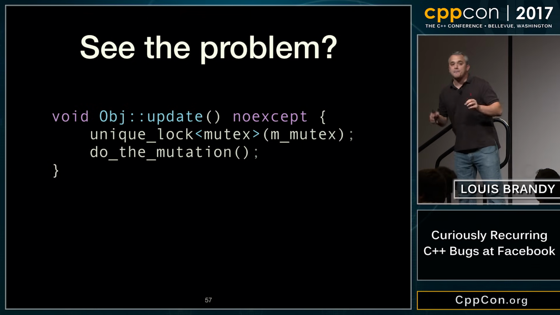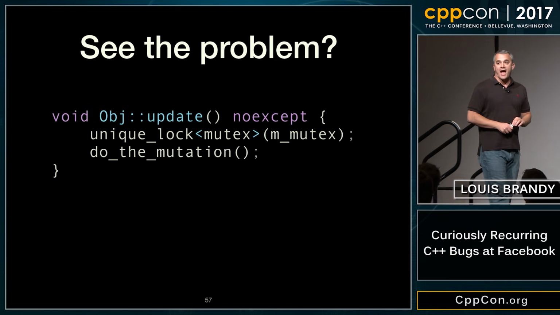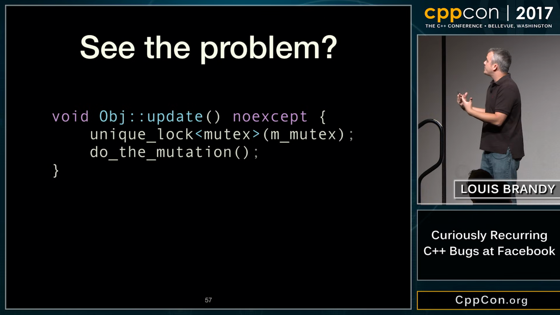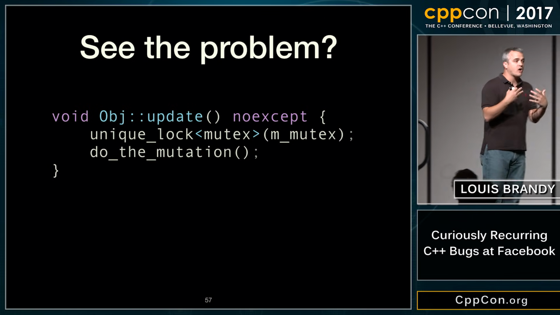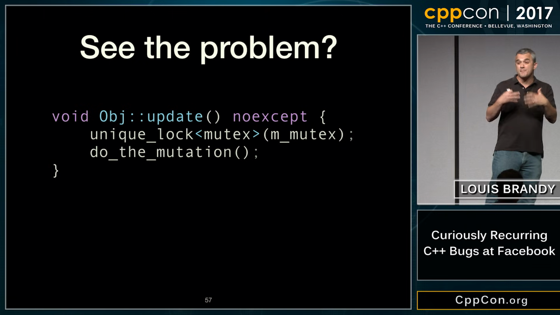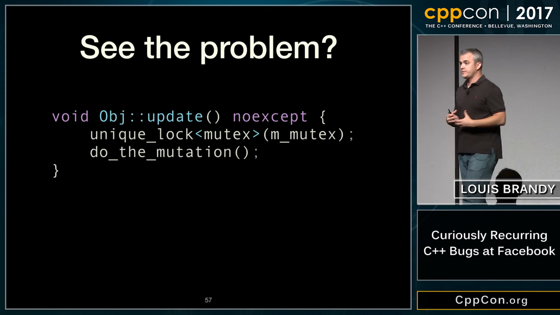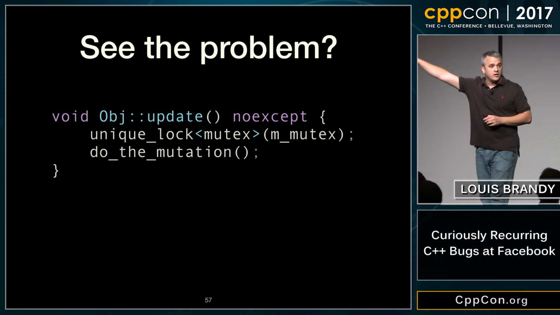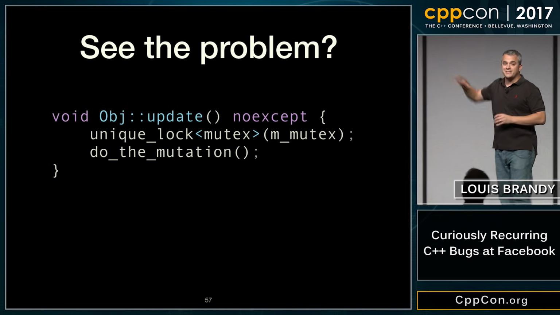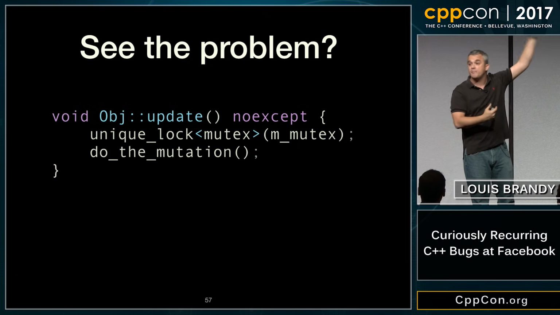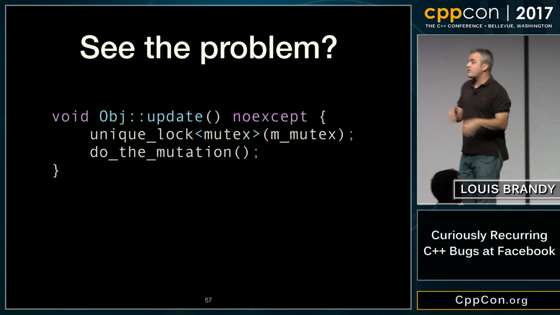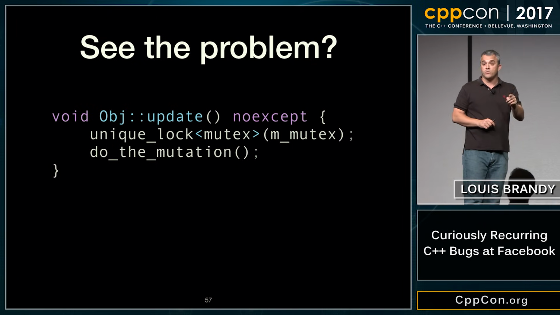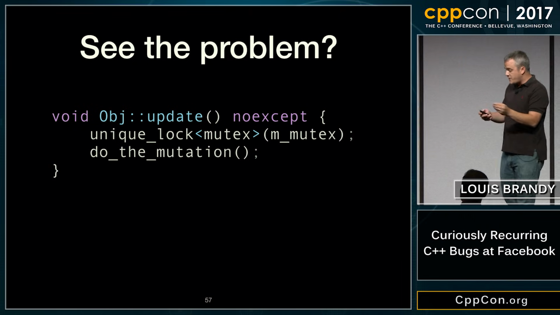Yeah, so I didn't name my lock here, right? That unique lock is intending to be like a lock guard. I'm intending to, on construction, lock my mutex, and on destruction, unlock my mutex. That's what I'm hoping this code does. That is not what this code does. What this code does is it declares the existence of a unique lock named my mutex, and that shadows the mutex data member that you were trying to lock. And to be clear, nothing gets locked. There is no lock that occurs here. It looks like it's locking what you want it to lock, but it's definitely not locking what you want to lock.